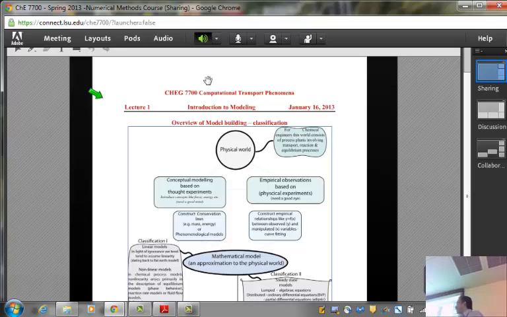Now, with these advanced simulators like Aspen and ISIS at one scale, and then Fluent, StarCD and COMSOL at another scale, we can actually